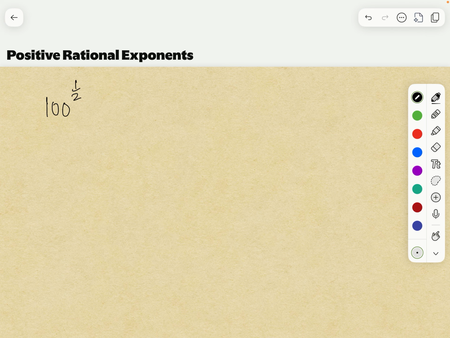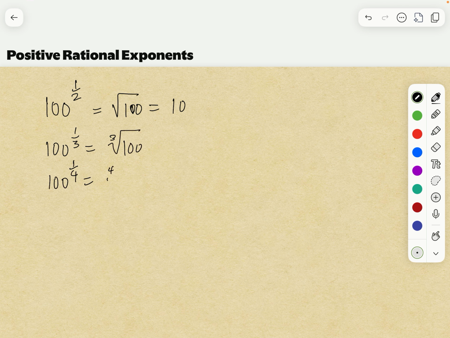Whatever positive number to the 1/2 power is the square root of the base. Square root of 100 in this case is 10. 100 to the 1/3 power is the cube root of 100. 100 to the 1/4 power is the fourth root of 100,